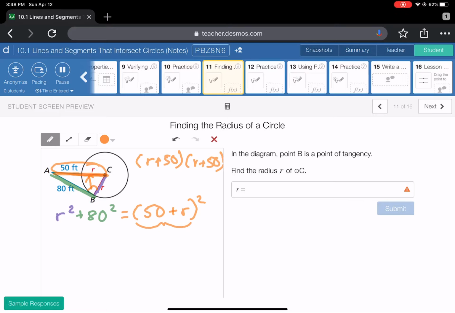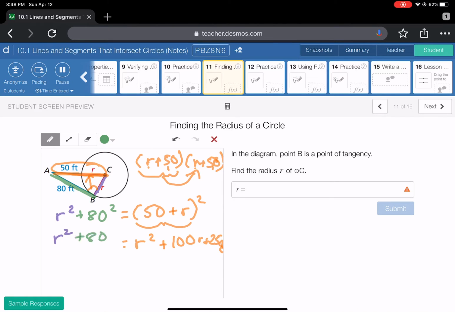We're going to multiply the binomials, and that's going to give us r squared plus 100r plus 2500. I did that by multiplying this binomial by this binomial: r times r, r times 50, 50 times r, and 50 times 50. All right, I'm going to bring everything else down: r squared